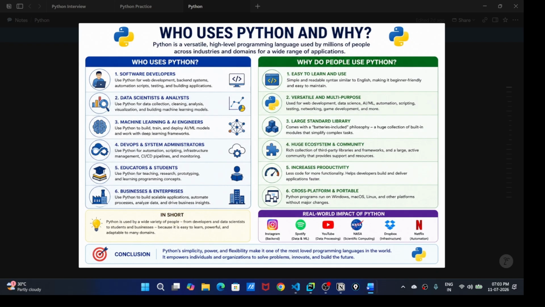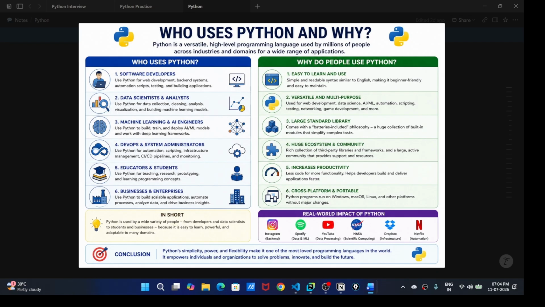So we have seen who uses Python; then why use Python? Why not another programming language? The first reason: Python is easy to learn and use. When we explain the syntax, you'll come to know in practice that it is clear, simple, and very close to English. Another reason is the versatility of Python. You can use Python for web development, as I told you in the beginning, and also for data science, AI engineering, machine learning, automation testing, and many other areas.